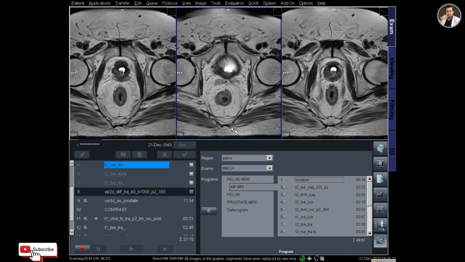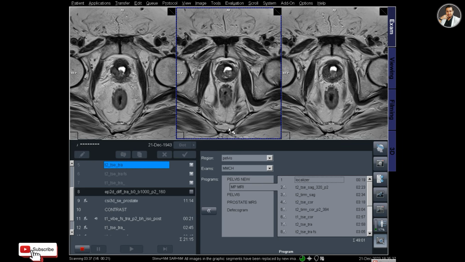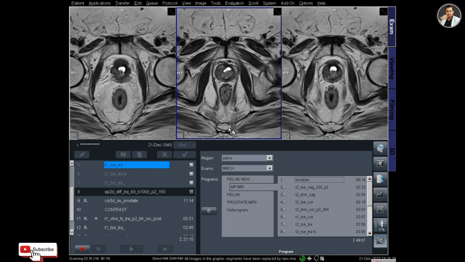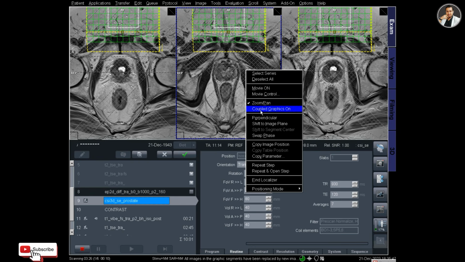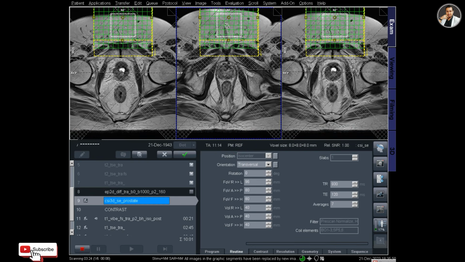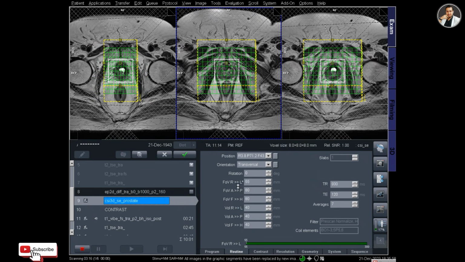So my target is to plan the MRS protocol over the axial slice, because the lesions are seen in the axial slices properly. And now open the MRS protocol and couple graphics on, and drag the MRS plans, the boxes, over the prostate, and change the field of view.